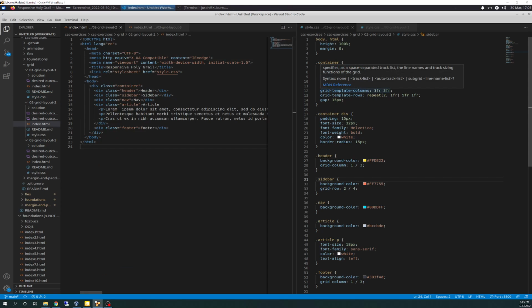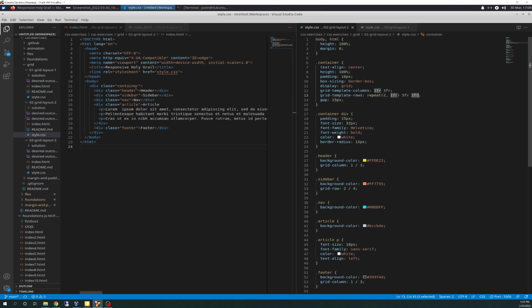So we have one just from the requirements. So our grid template column, we have one fractional unit, and then the second one is 3 times the size, so 3 fractional units. And then we're using a repeat function to do the template rows. So it's going to repeat 2 times with 1 FR each. And then we're going to do one single 5 FR, which you remember the third one